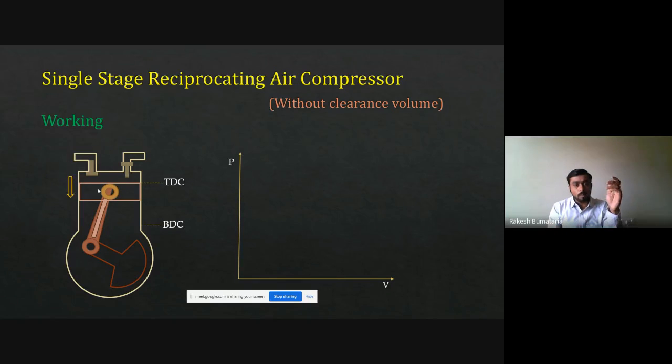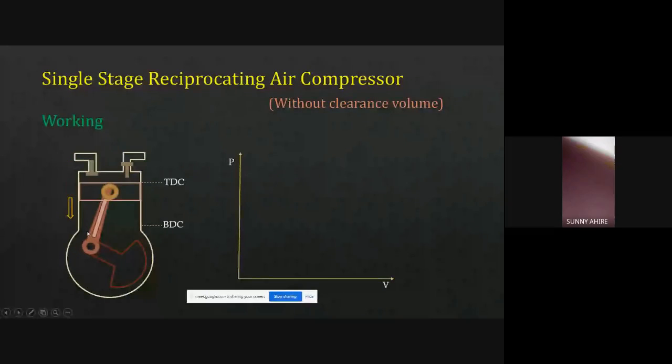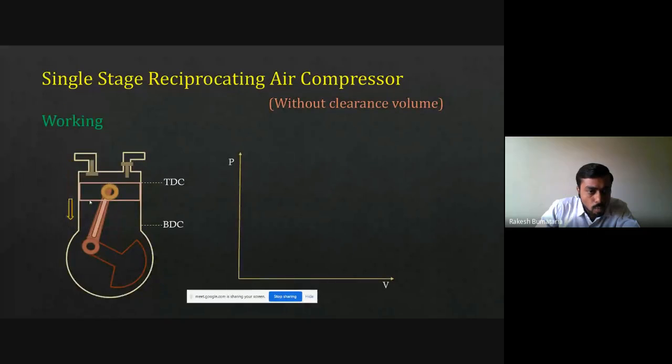Due to the motion of the piston from TDC to BDC, what happens? Concentrate at this point. When the piston moves from TDC to BDC, due to the motion of the piston,